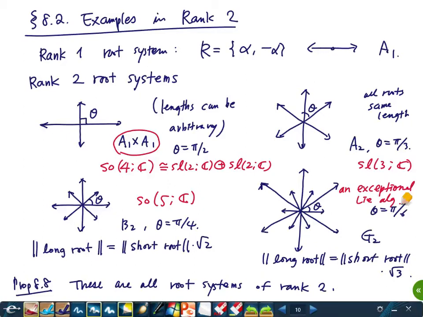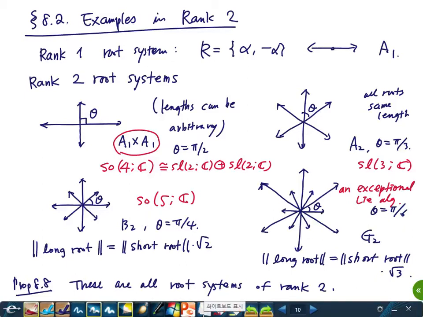We will look at them later in more detail. It will be very useful to consider them as examples of the propositions and theorems that we will see